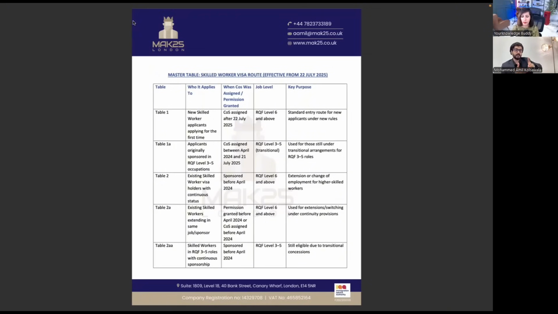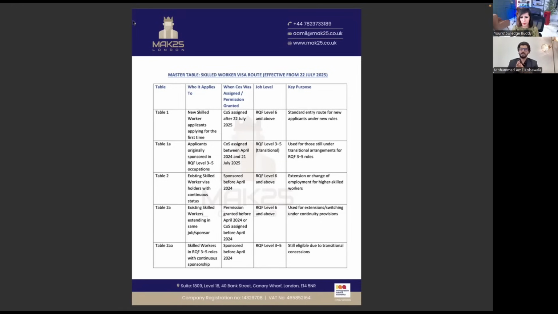So we need to remember that even table 2A have got RQF level 6 and above. So this table can be used for extension and switching under the continuous provision. So this is what we need to remember. And finally, table 2AA. So these are for people for low skill role